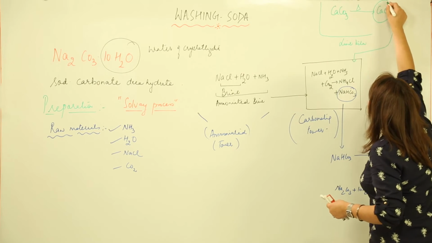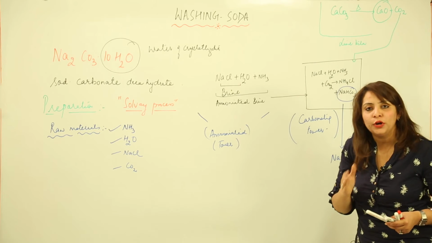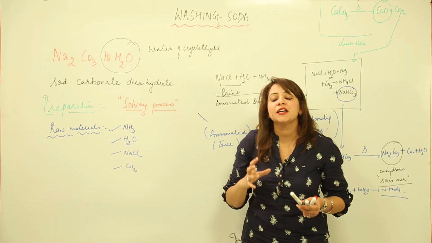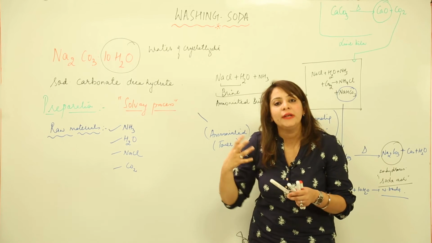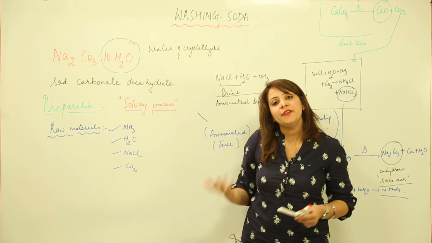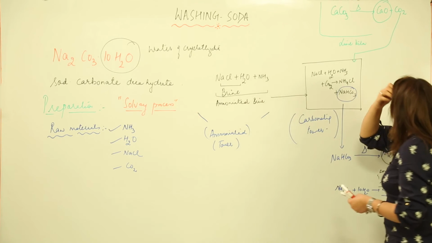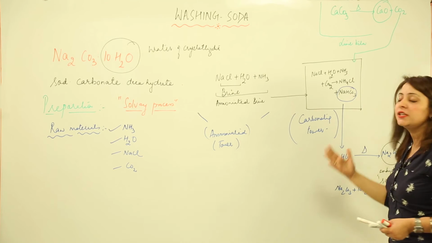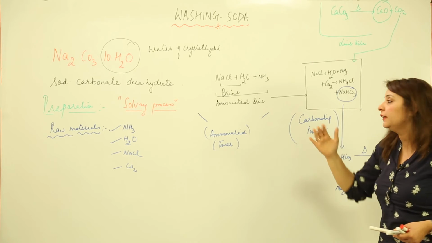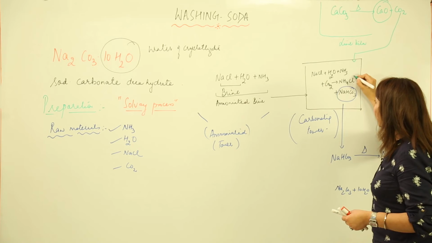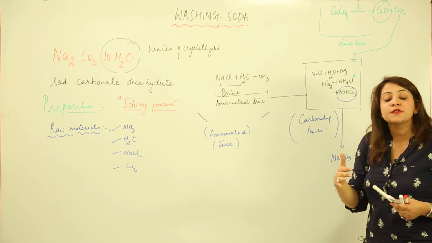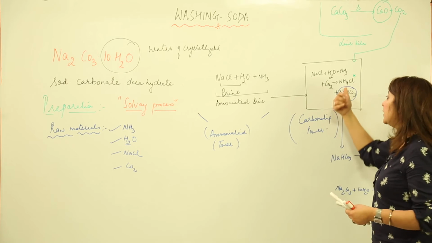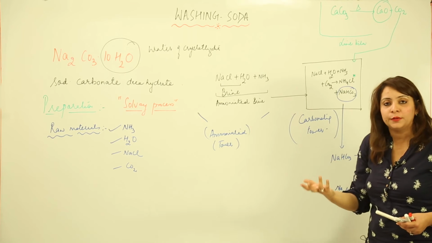This calcium oxide is now going to react with the byproducts. Whenever I use the term byproduct or side product, it means the same. I am talking about the products which we don't desire or which are formed along with the main products, right? So what is happening here? We have CaO, and just look at all the reactions. What byproducts are formed in all these reactions? One byproduct is ammonium chloride, because it is formed along with our main product, sodium bicarbonate, right? We want this compound to be reused in one way or another.